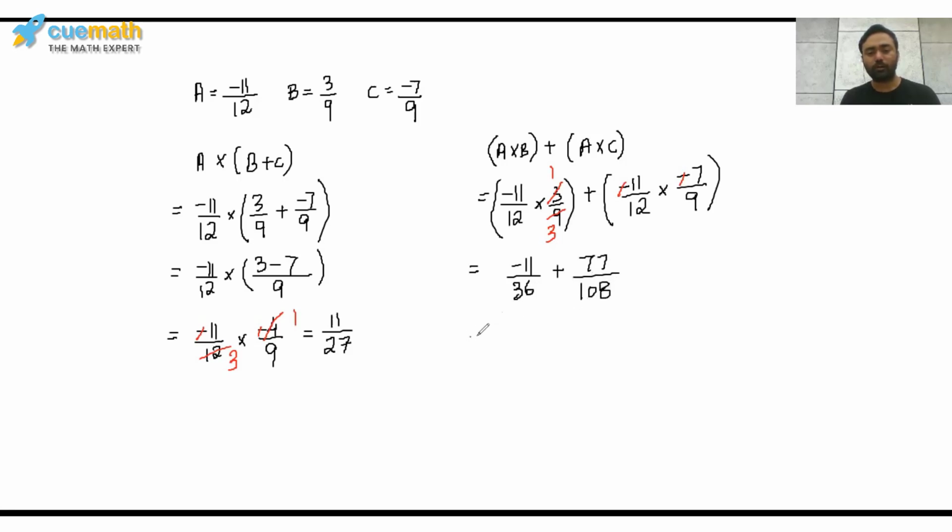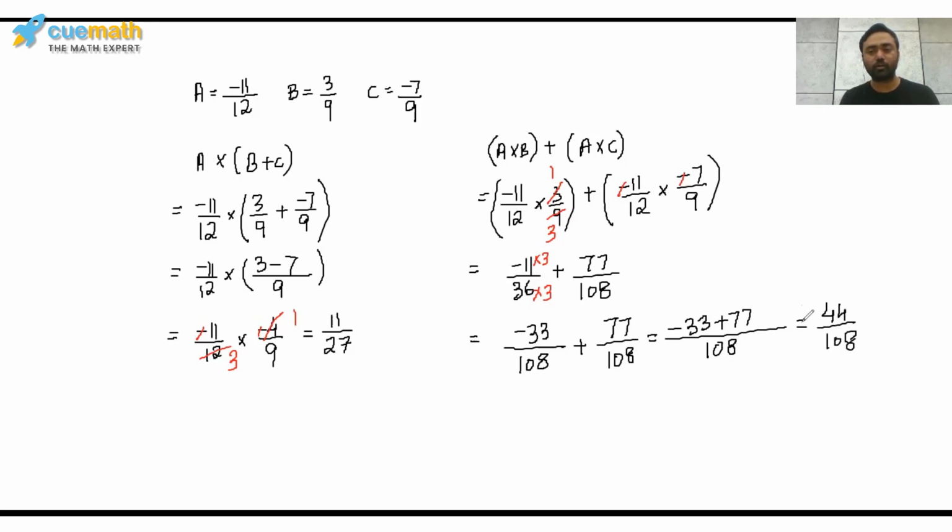and from the second bracket we get 77/108. Now if you look at the denominators, the LCM of 36 and 108 is 108, and we'll have to convert this 36 into 108, which we can do by multiplying by 3. Now if we multiply the denominator by 3, we'll have to multiply the numerator by 3 as well. So now the fraction becomes -33/108, added to the other fraction, which is 77/108. Now we can take the LCM of the two fractions. So over 108, -33 plus 77, which eventually would give us 44/108.